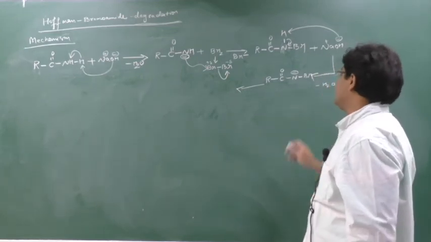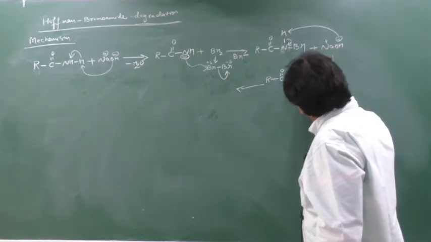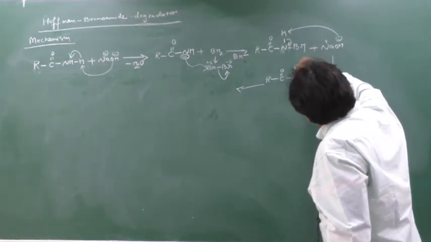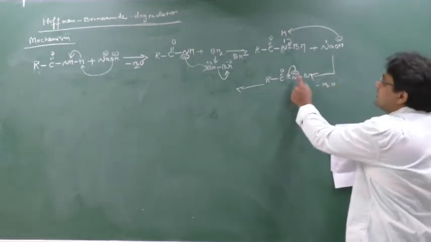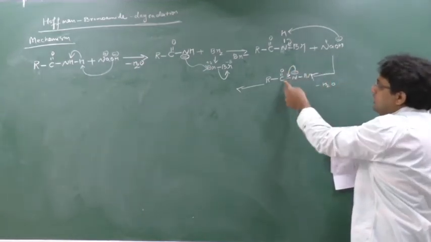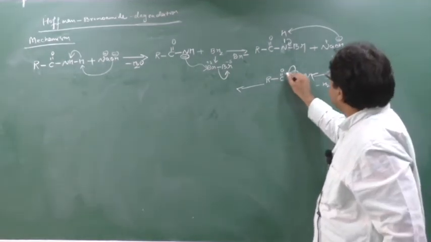Nitrogen now has a minus charge; if nitrogen has a triple bond it will be stable. So what will nitrogen do? This nitrogen will transfer its electron to make a bond here. If nitrogen transfers its electron here, carbon will make 5 bonds, but carbon cannot make 5 bonds. So carbon will try to break a bond.